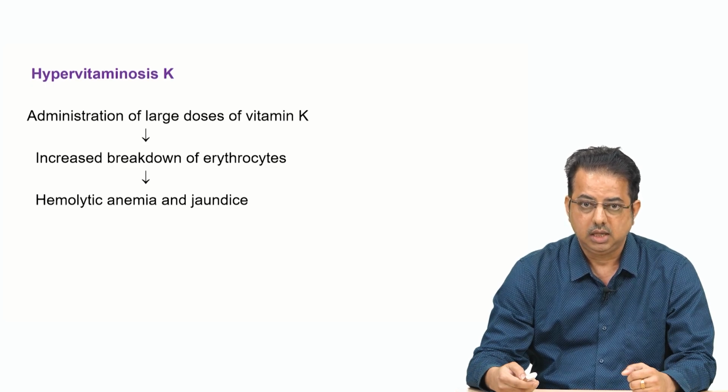So, to summarize, there are three active forms of vitamin K: vitamin K1, vitamin K2, which is also known as menaquinone, which is synthesized by the intestinal bacteria. Then we have the third form, vitamin K3 or menadione, which is a synthetic form of vitamin K and which is water soluble. Rich sources of vitamin K include green leafy vegetables, and the first function of vitamin K is in the blood coagulation process. That is, it is responsible for the activation of blood clotting factors, namely prothrombin, clotting factors 7, 9 and